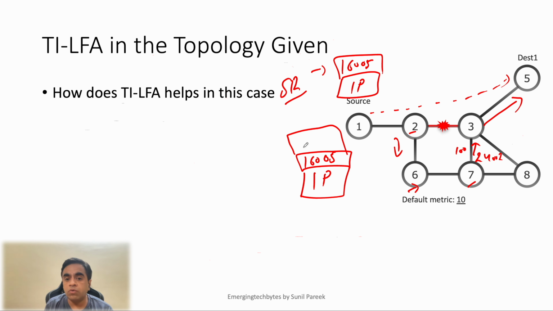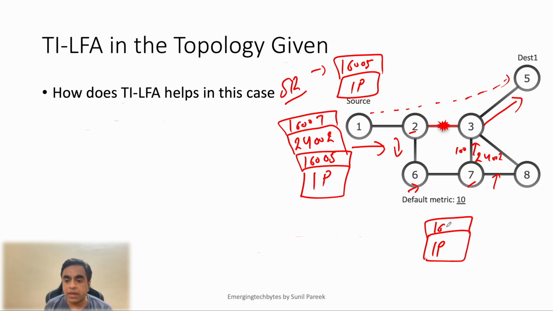So it will do 24002. Let's say this is my adjacency label, and then it will put 16007 as the top label. So 2 will send this packet on this path. 6 will see that the top label is 16007 and 16007 is directly connected. So here the penultimate hop popping will happen. So the packet will go like this